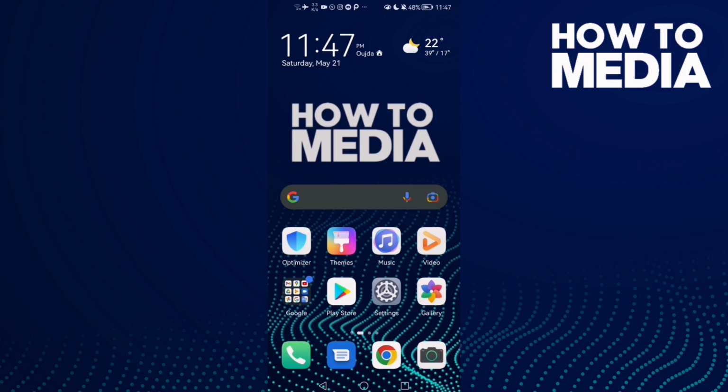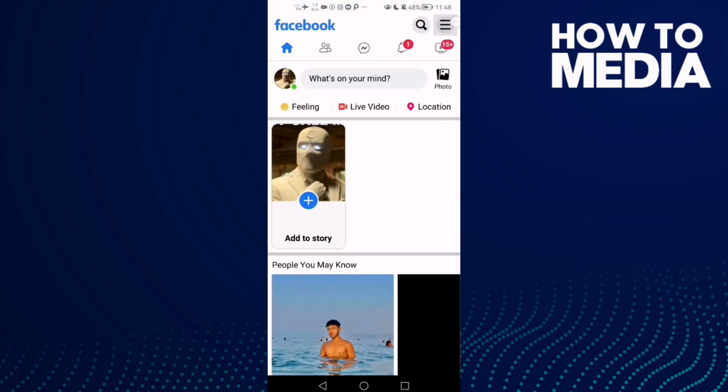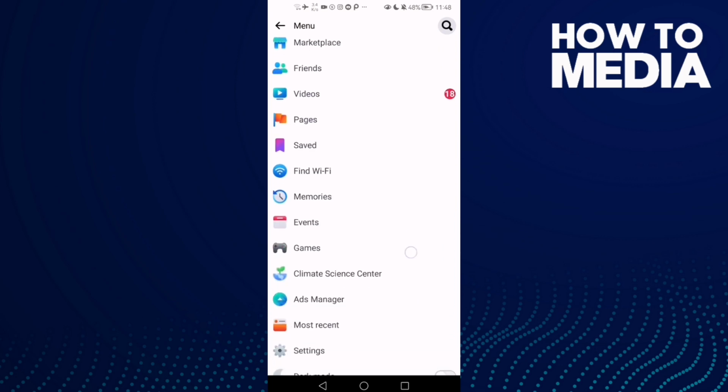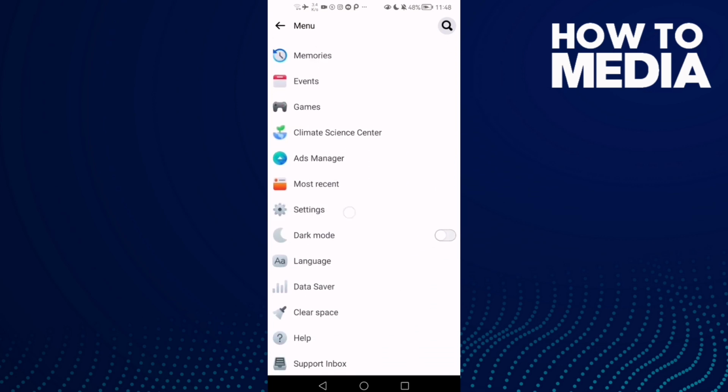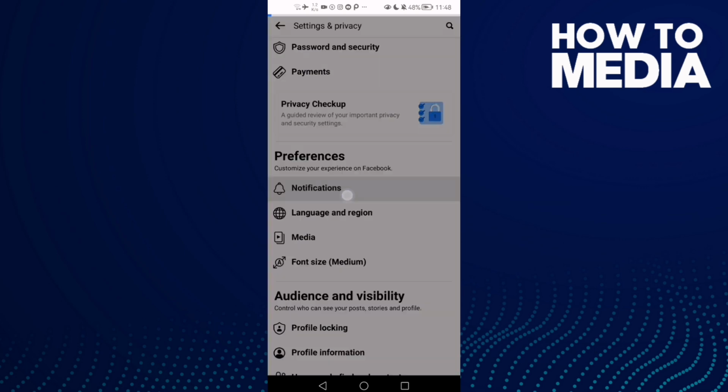Hello guys, in today's video I'm gonna show you how to turn on events, changes and updates notifications on Facebook Lite. First thing, go to Facebook Lite and then click these three lines in the top corner, and after you click on it, go down. Here you will find settings and then click notifications,